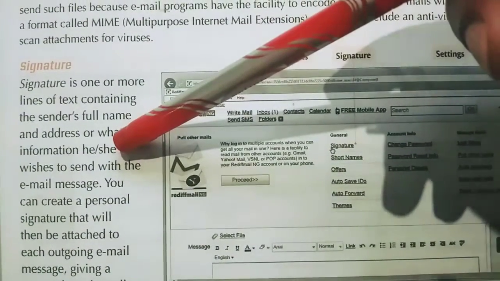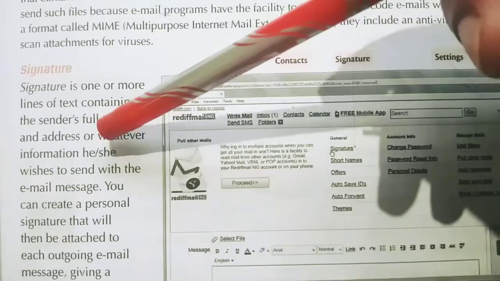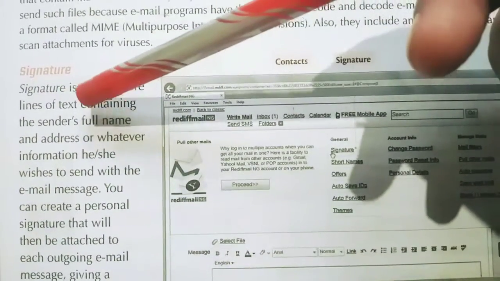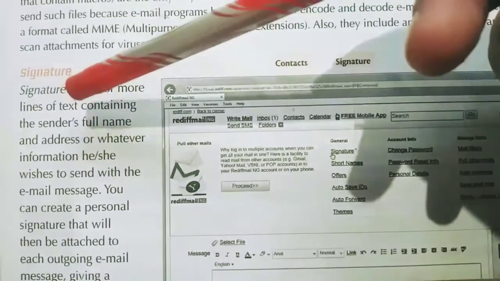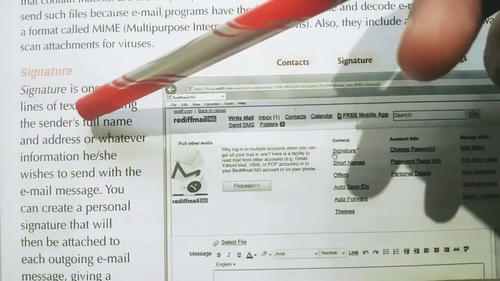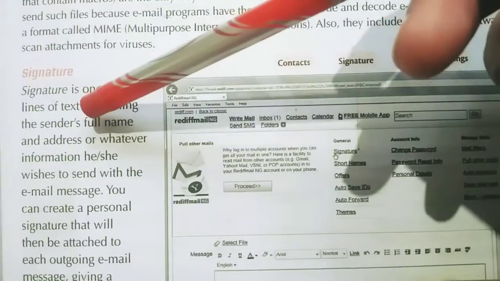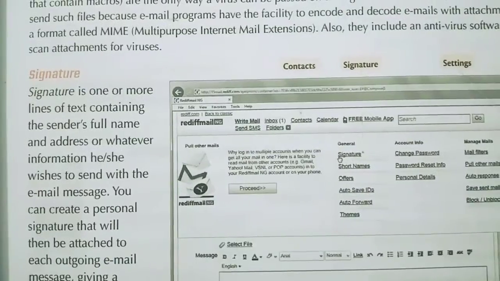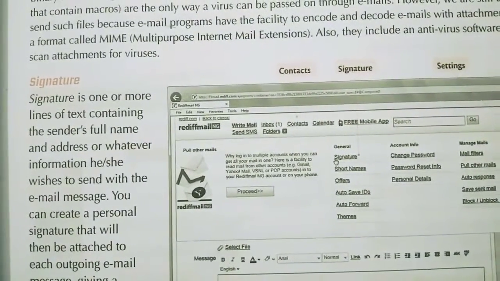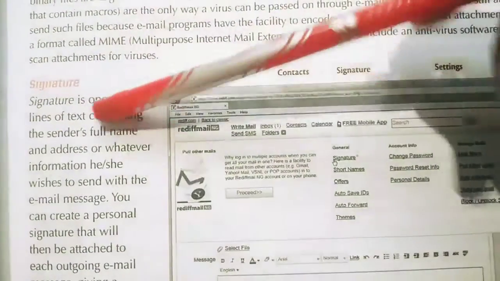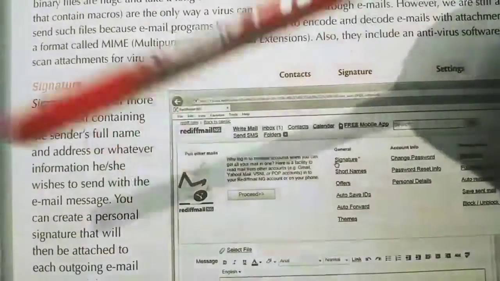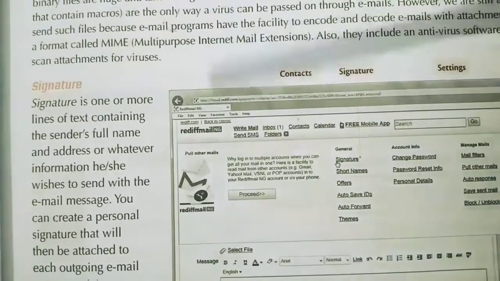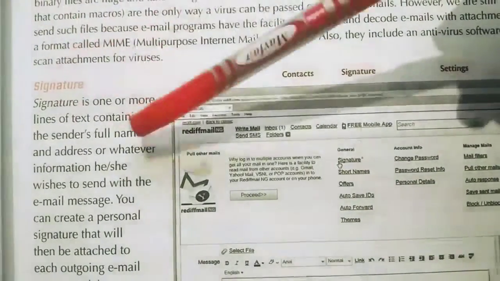That means after writing any application, any letter, any email, you write your name at the end, right? At the end of the application or letter, you write your name and address, or your phone number. You write all this personal information after the letter. So in the email you can fix your signature. That means whenever you send any email message to anybody, it will be written automatically.